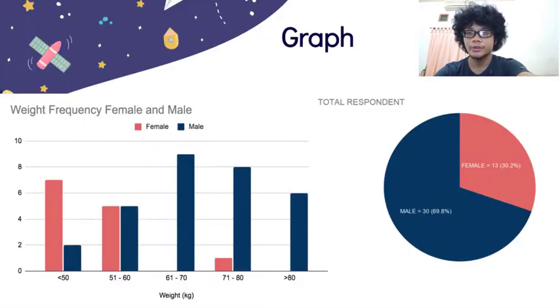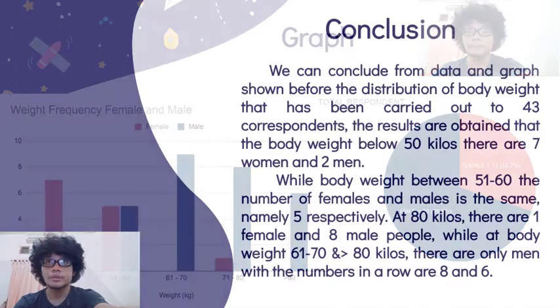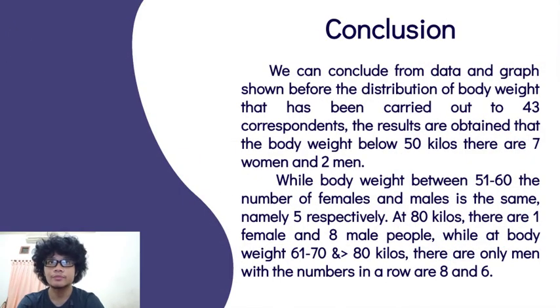This is the graph shown, made from the data that we have collected before. As you can see, the number of female and male weight distributions in every range, from below 50, 51 until 60, and so on. We have a conclusion from the data and graph shown before, the distribution of body weight that has been